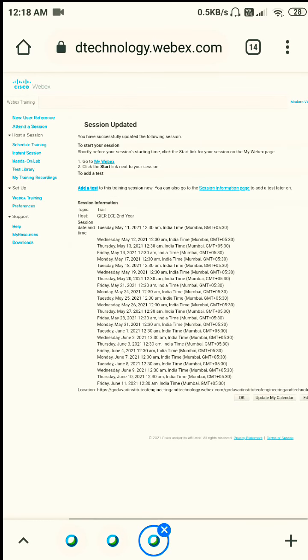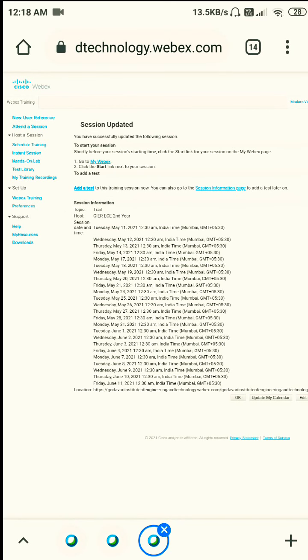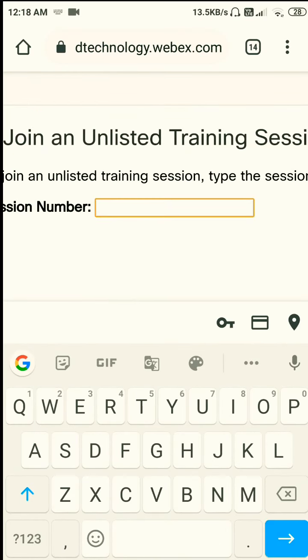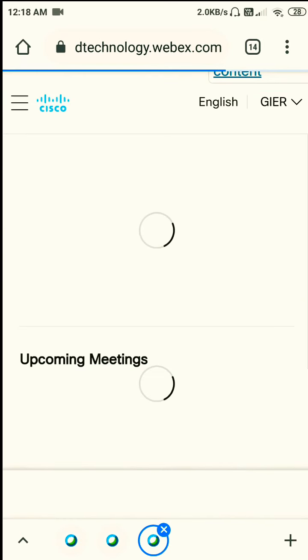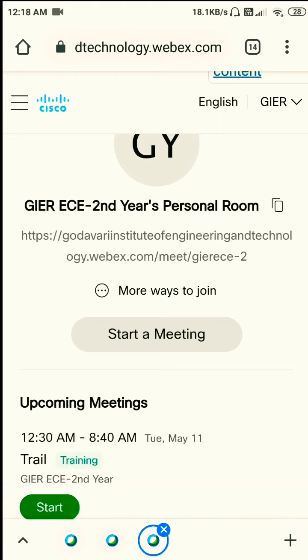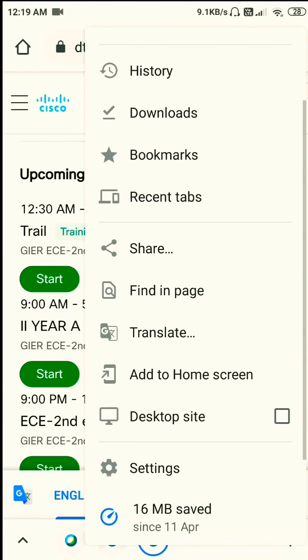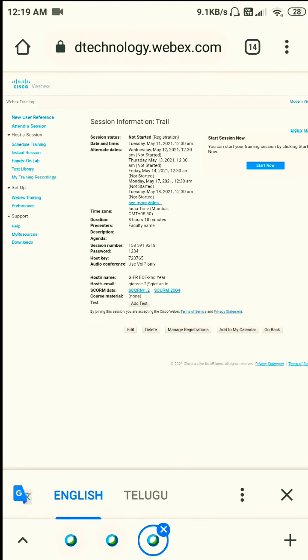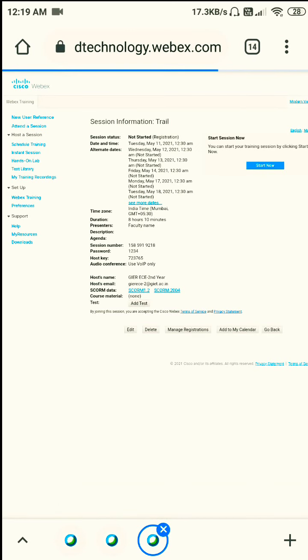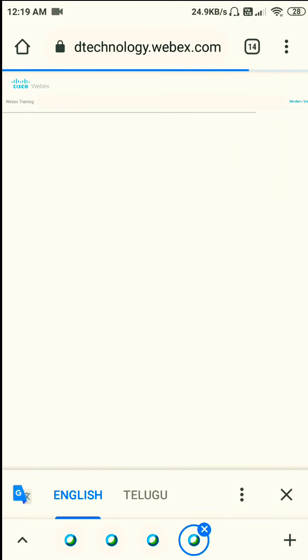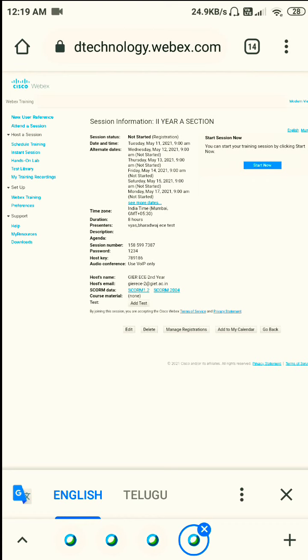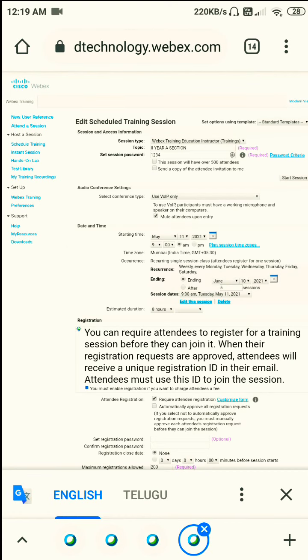As I told you, you can edit this content. If you want to add some more teachers or some more students, you can do it by using the edit option. By using this modern view, see here, you have to always keep the desktop site mode. Now after adding all the attendees, I'll show you how the environment will look.